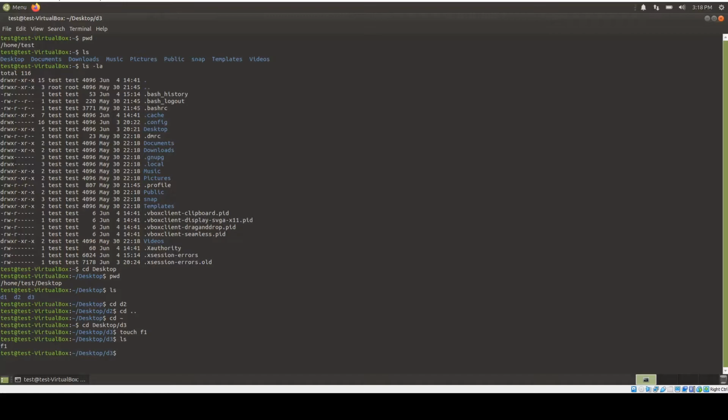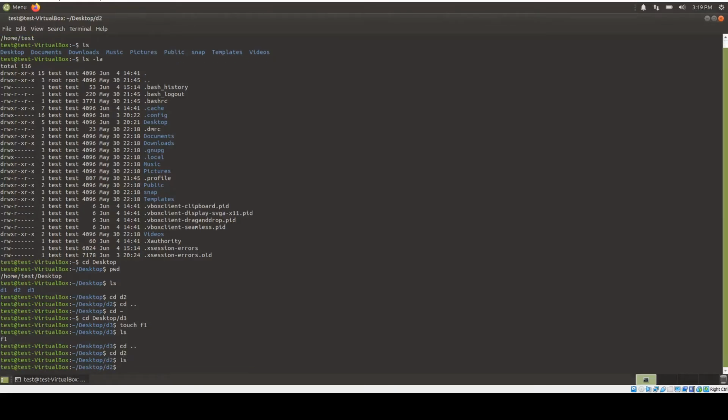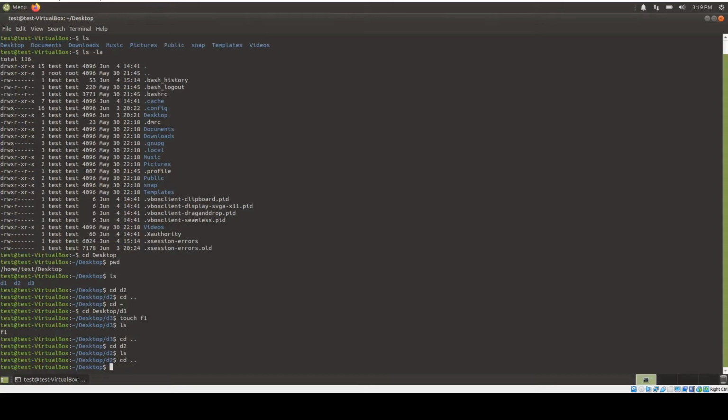And the next command we will be using is the cat command. This is used to read the contents of a file. For that I have created a file, I think it is in D2, and I've written a bunch of words in there. So let's move to D2, cd space back. So we'll go back and then cd D2. Now if I do a listing here, ls. Oh, so let's try say D1 cd.